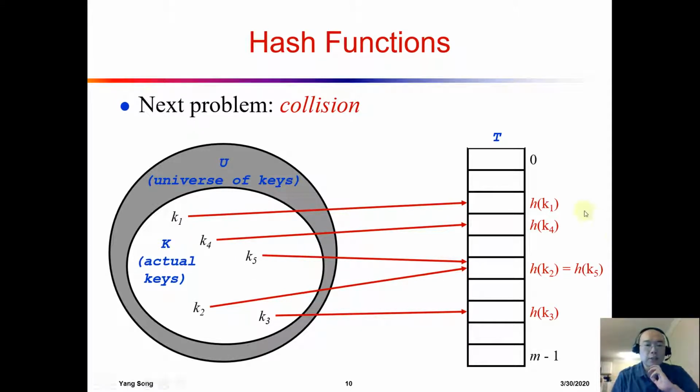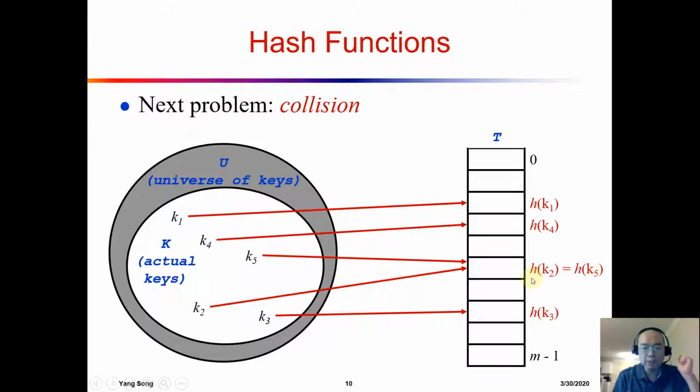In this case, the universe of the keys U is very large. However, the size of the table M is very small. So we have to map the keys to the possible slots in the hash table, and collisions may happen. The reason is there are more possible keys than the available slots, so eventually we will have collisions. That's guaranteed. If we have the key 5 and the key 2, and we send both to the hash function,